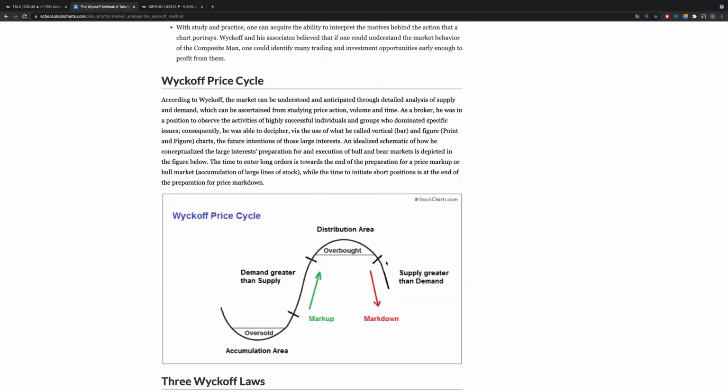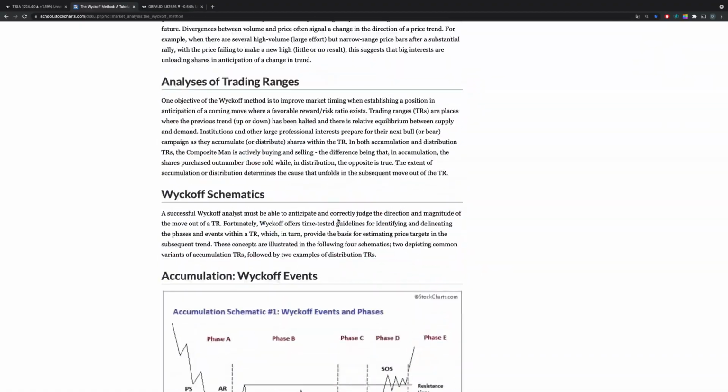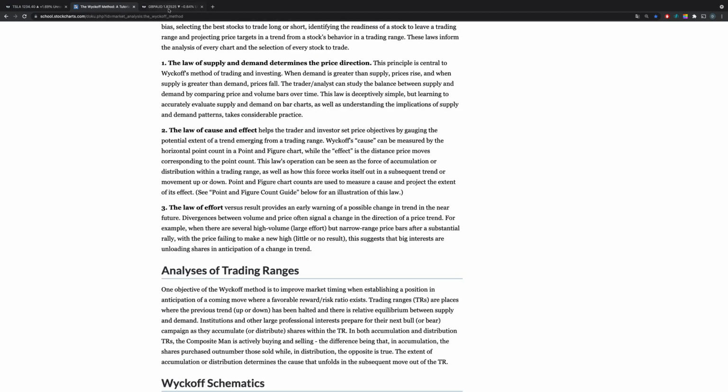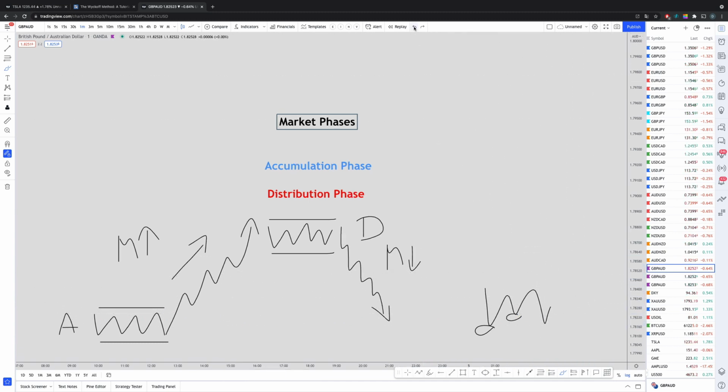So, you can read everything over here, it's super nicely described on this website. But I'm going to explain how we're going to use it, because the thing is, right now, about these accumulation and distribution phases that we have over here, the markets are super manipulated. So that one would be too easy, right? Price just doing this and you're just buying here, you're buying here, you're buying here, and again, and then price will go up higher.